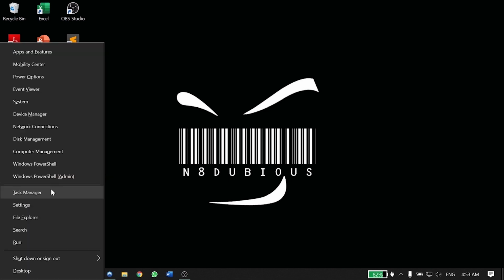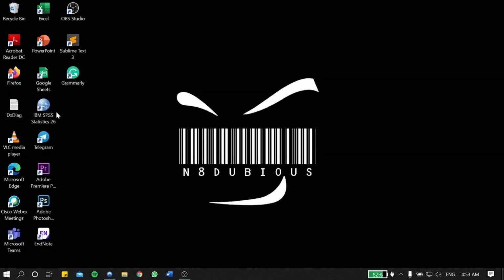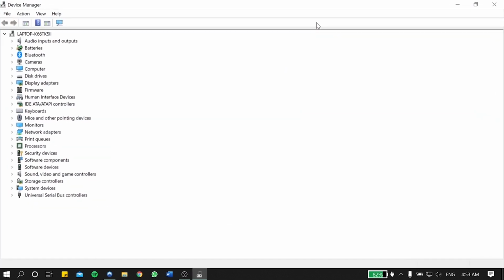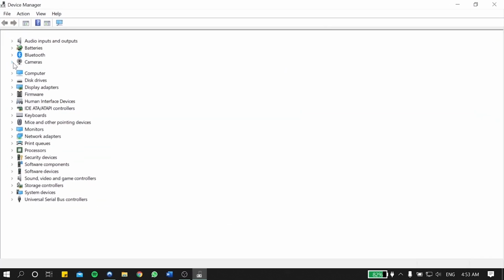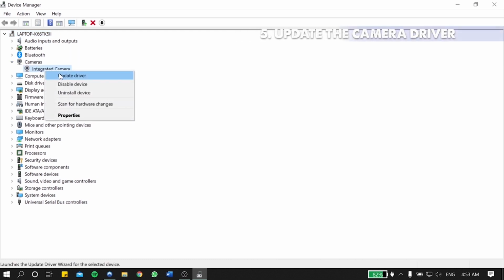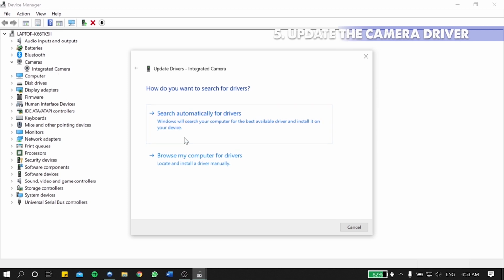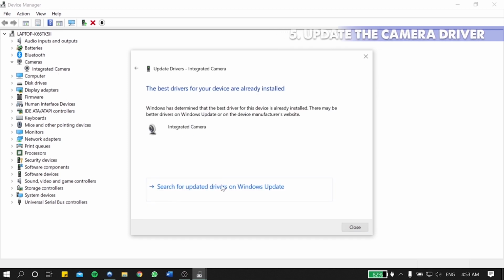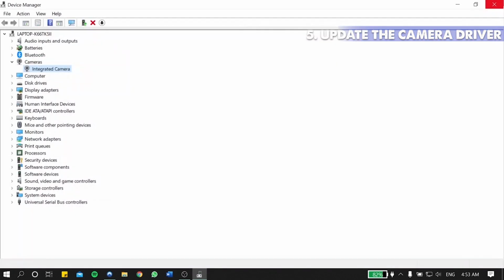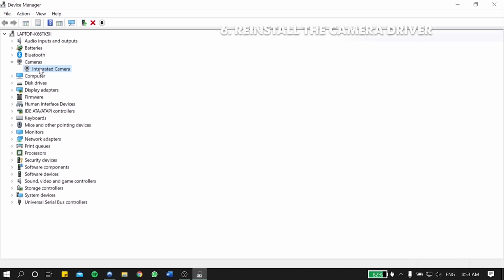You go to device manager. You search for camera. As you can see here, I have the integrated camera. You update the driver. Sometimes your drivers are outdated, so you can check on that, like mine is updated. Or you can try to